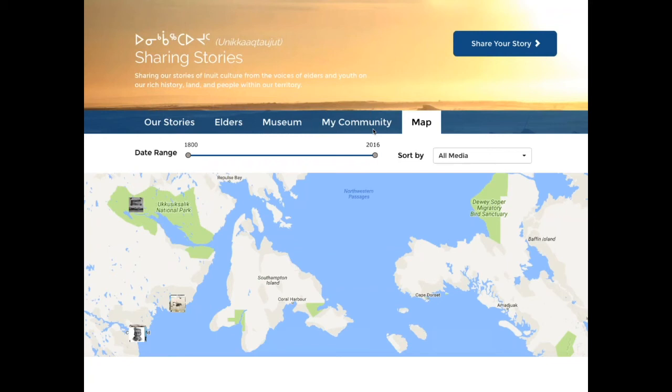One part that I think is really cool and dynamic is having everything on a map. Every story might not be from in your community per se, but stretches across the whole region. And you can have different stories, and they're all organized on maps, and again, sorting with the timeline. So having things dynamic.